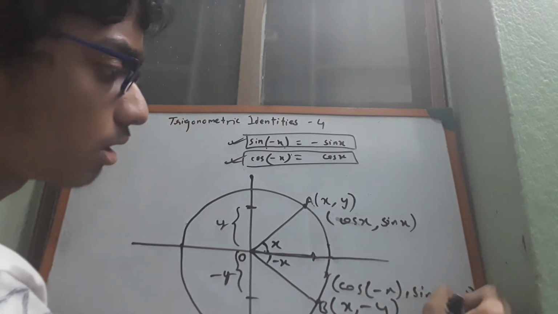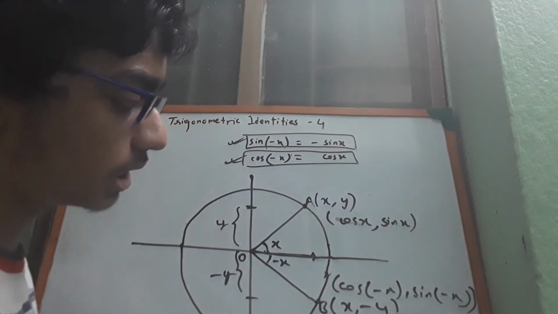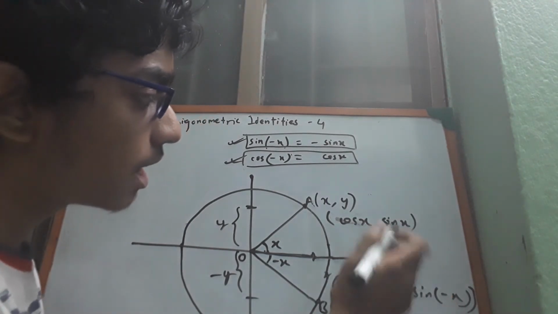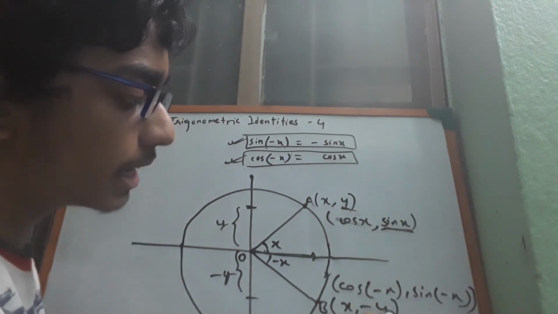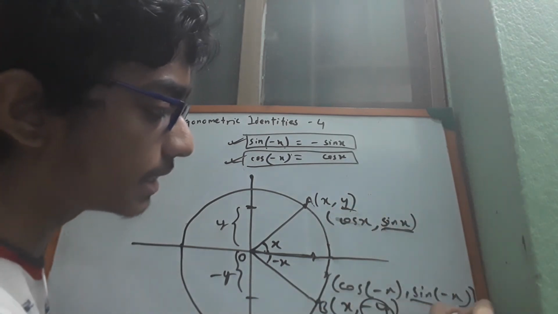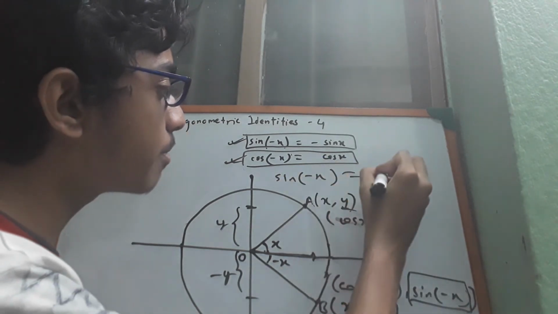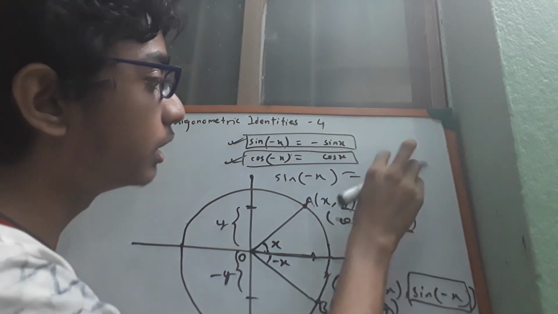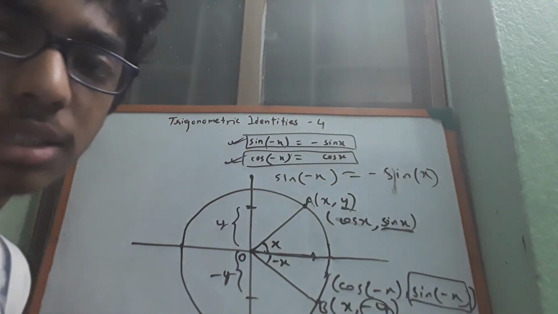Right. So here we have a minus y. So the meaning of this is that here minus y is corresponding to sin of minus x. Now y is itself sin x, here we have assumed. So y is sin x. But here we have minus y, and this is the same as this thing. This is corresponding to this. That means sin of minus x is gonna be minus y. Now y is itself sin x. So this should be minus sin x and not just sin x. That's what I was trying to say. That's all.